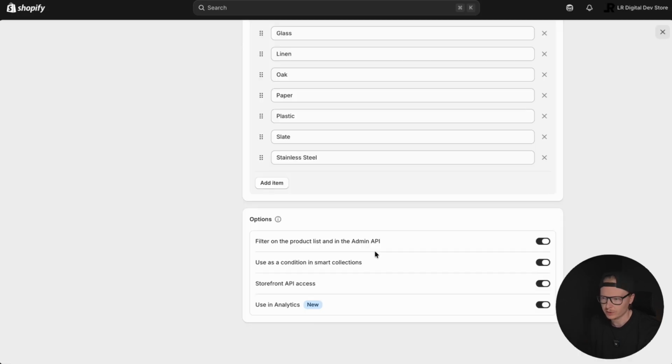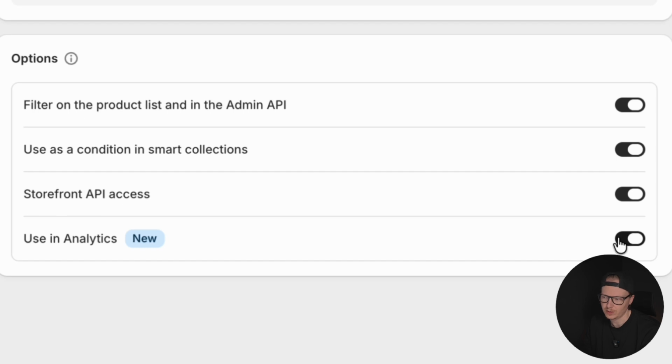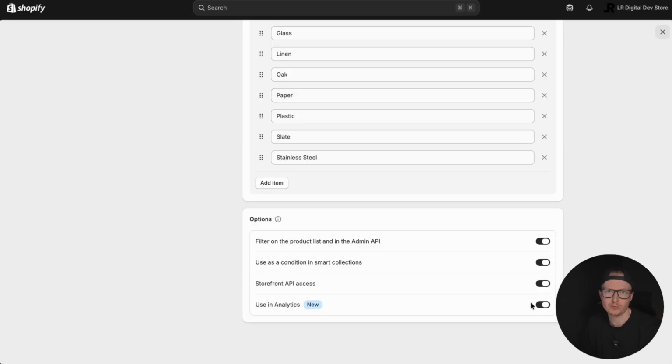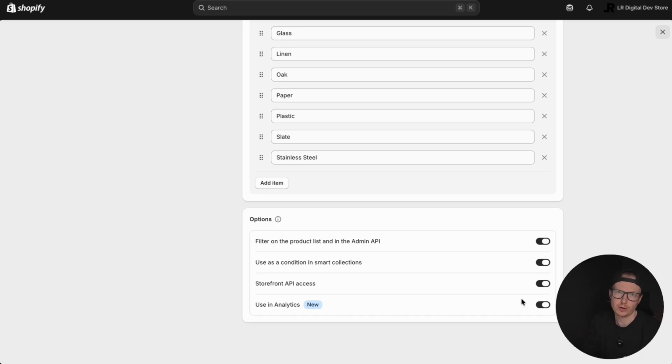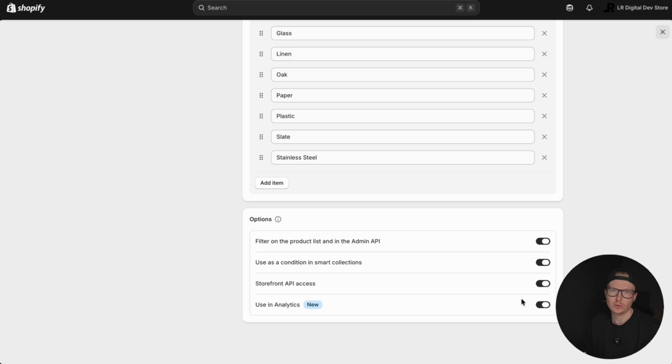But the key one to focus on here today is this new use in analytics. So you want to make sure that that is toggled on. So once you've got your metafield, you've got these toggled on, now we can start building some reports. If you've just created your first metafield, then you need to go through your products, collections, customers, wherever it is you've just created the metafield and populate all the data. Now you can do this in bulk using the bulk editor, or you can export and then import via CSV. But I'm going to assume that you've got your metafields set up and it is assigned across all your products,